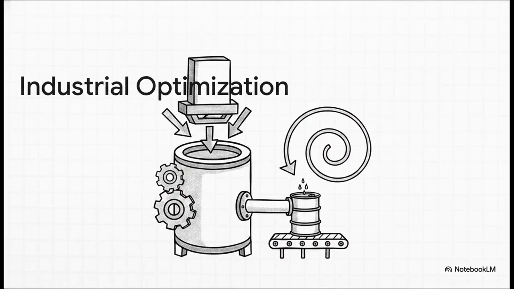On the profit side of things, industrial chemists have to optimize reactions like the Haber process for synthesizing ammonia, which is used globally for fertilizer. The ultimate goal? Maximize product yield while minimizing energy expenditure. They do this using Le Chatelier's principle, which basically states that systems will always counteract changes in pressure, temperature, or